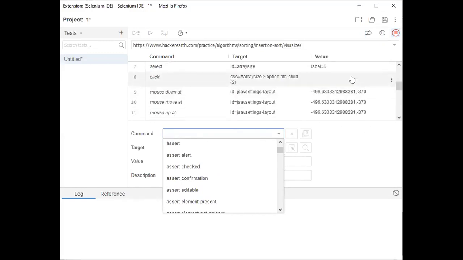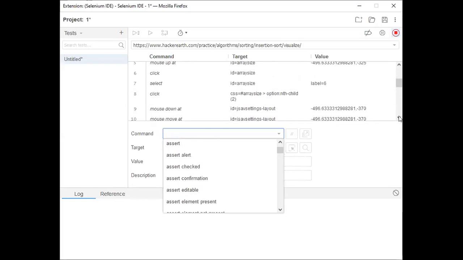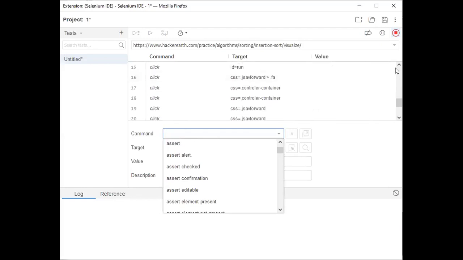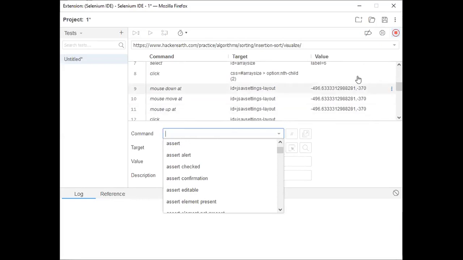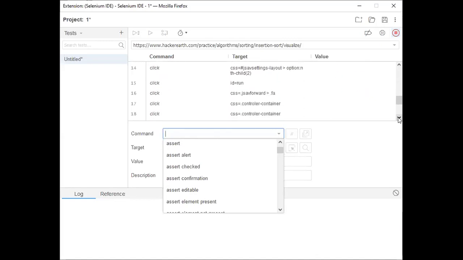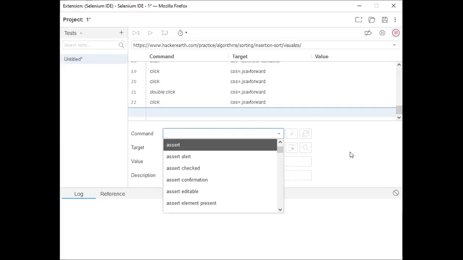And the selected one is 6 here, and the array has been specified. I just moved my mouse down and up, and then I took the values we are having in that representation. Here 6 has been considered as the array size. Then I need to choose whether it is the bar representation or the array representation. Whatever I am performing has been recorded here. And if I am moving the mouse up and down or clicking somewhere, it records all these things.